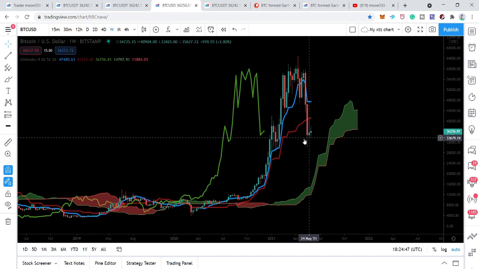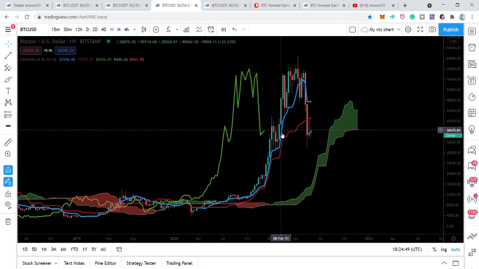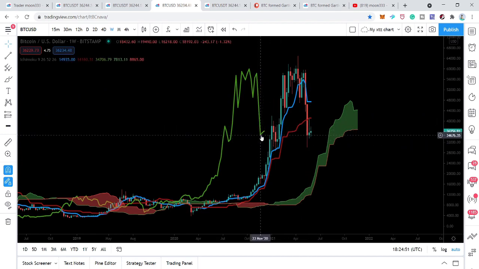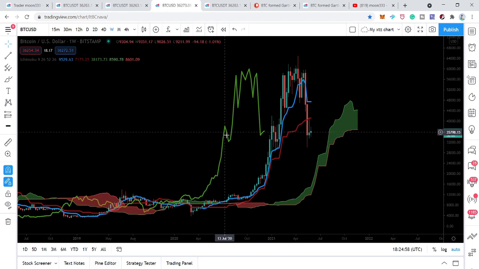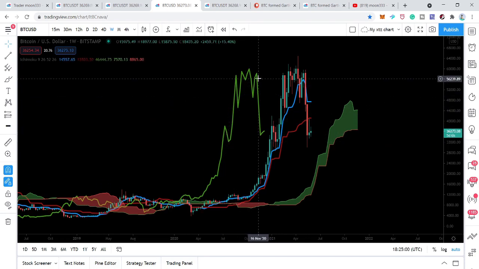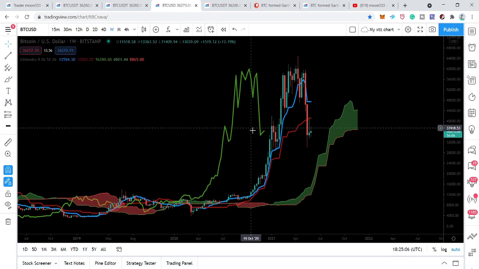on the weekly time frame chart, and you should notice this, that the lagging span has also found a kind of support here. We can see that at the $30,000 it reversed to the upside, and now when the Ichimoku cloud's lagging span moves at this level, again it is turning bullish.